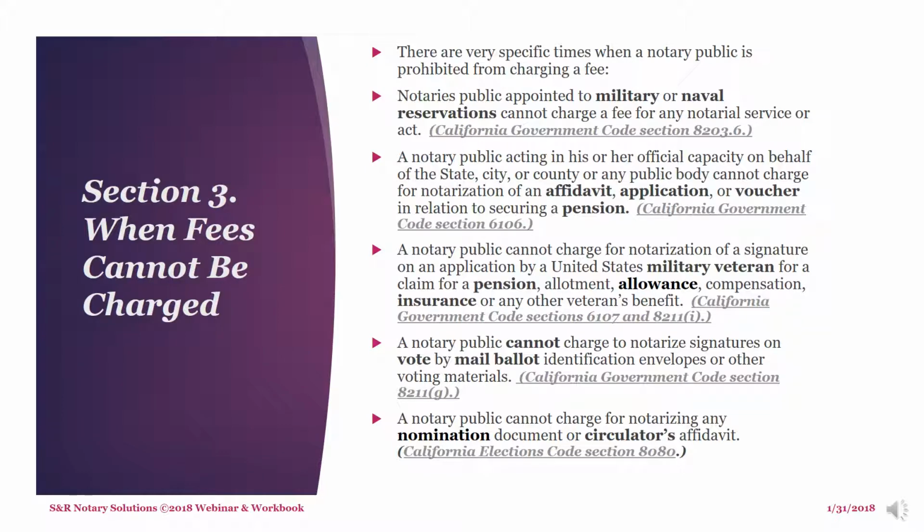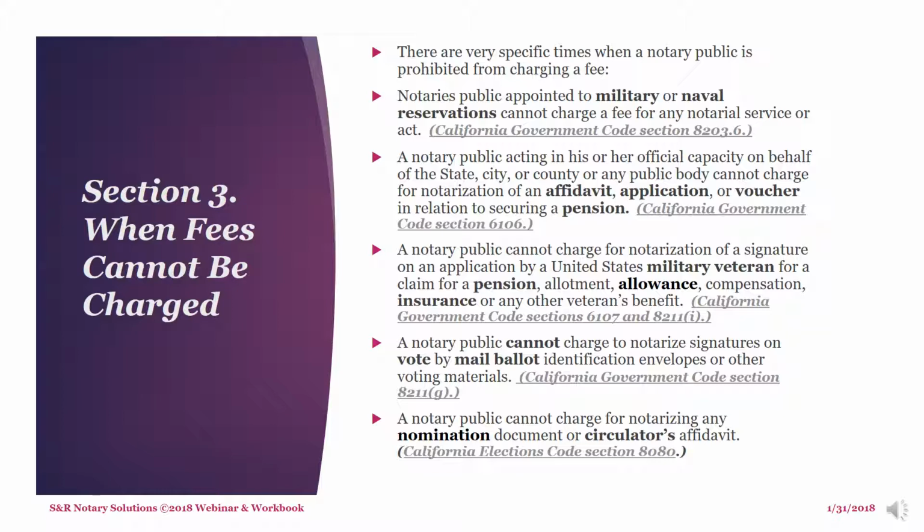Section 3. When fees cannot be charged. There are very specific times when a notary public is prohibited from charging a fee. Notaries public appointed to military or naval reservations cannot charge a fee for any notarial service or act. A notary acting in his or her official capacity on behalf of the state, city, or county, or any public